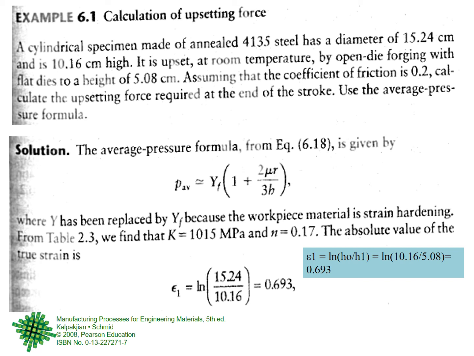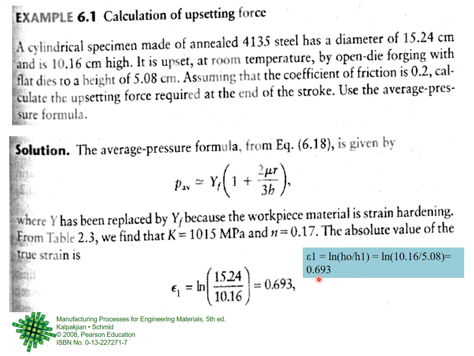So let us see. This is what we are showing you, that this is the equation. Now epsilon, from that page where basic material science equations were given, epsilon is ln h naught upon h1. This is forging. So h naught is original height, h1 is final height, right? So ln this is given. Both heights are given in the problem. Yes, original height is given, final height is given. So this is very simple.